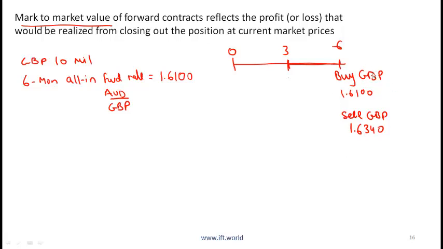Essentially these two agreements, the agreement to buy pounds for this much on this date and the agreement to sell pounds at this rate on this date, means that we are cancelling out or closing out our position. So if we were to close out our position over here, do we make money or do we lose money? The answer is that we make money. So how much money do we make? Given that we can buy a pound for 1.61 and sell a pound for this much, on a per pound basis we can make